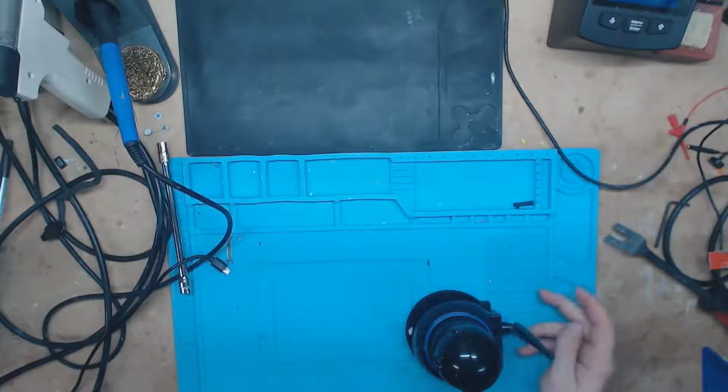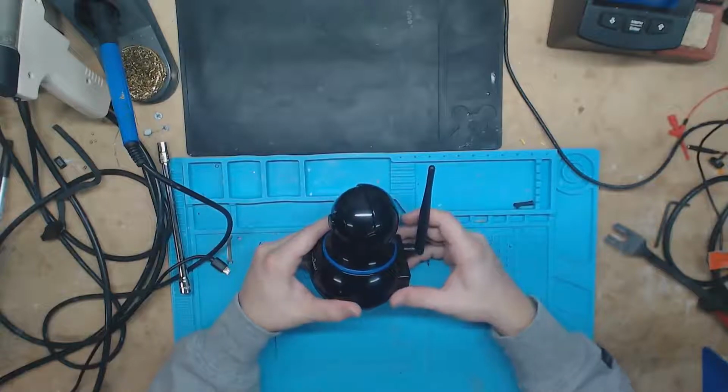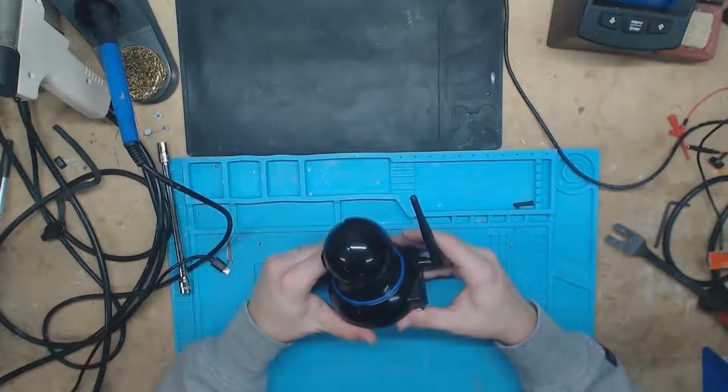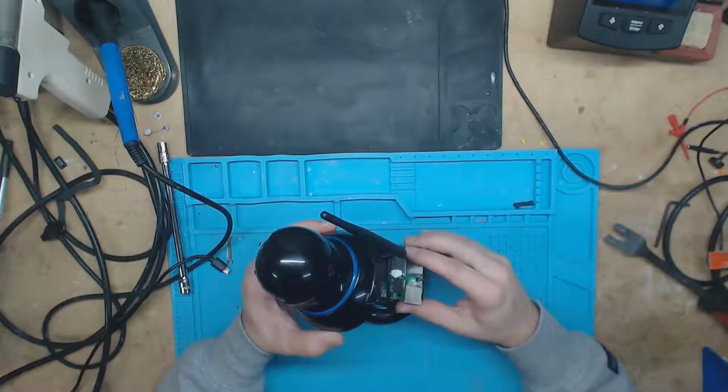So this camera had been giving us some problems. We changed routers. We got a new router, and then I was having a hard time getting it to connect to the new router. I got it working now, but yeah, let's open this up and take a look at it,